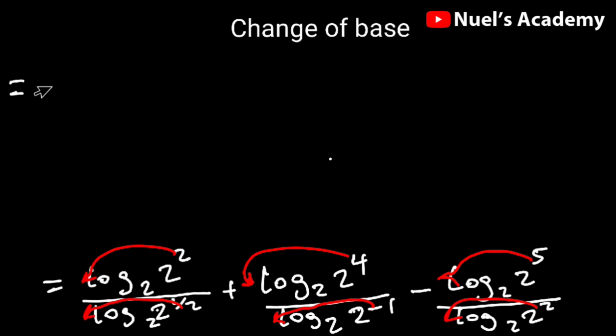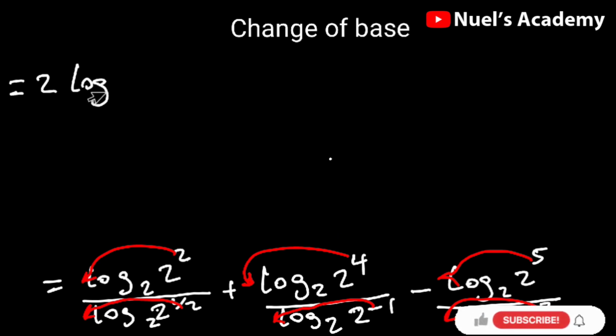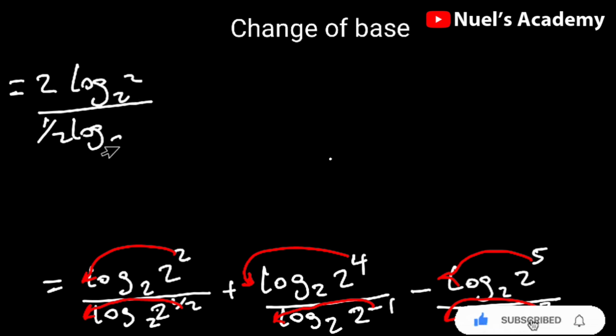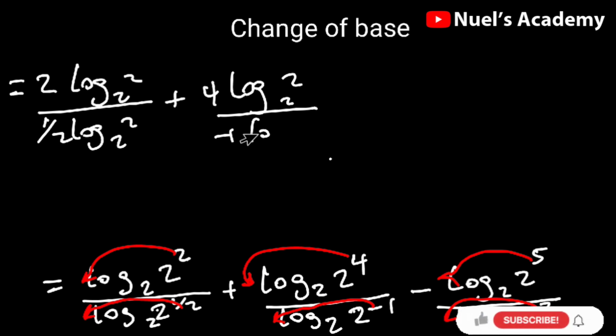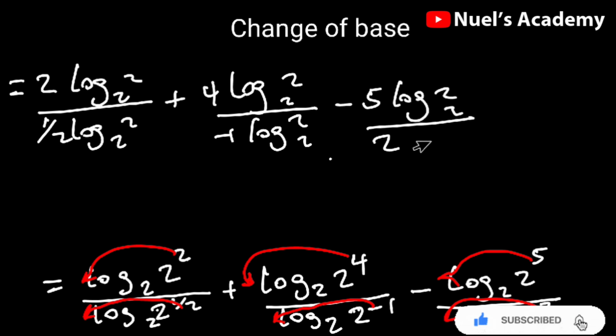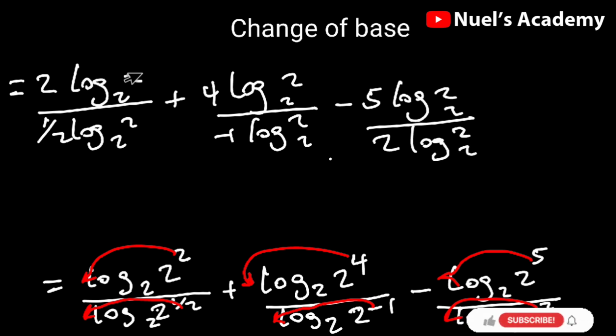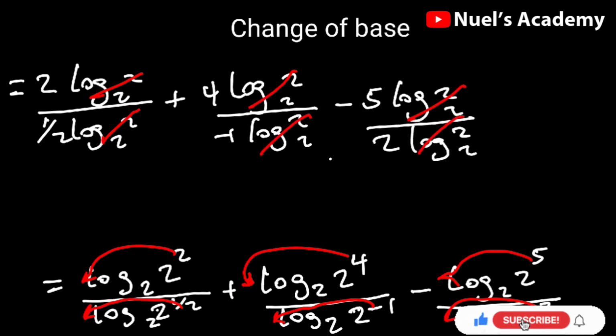So let's take these to the front of this logarithm so that we have 2 log 2 over half log 2, then plus we have 4 log 2 base 2 over negative 1 log 2 base 2, then minus we have 5 log 2 base 2 over 2 log 2 base 2, so that this log 2 base 2 will cancel log 2 base 2, log 2 base 2 will cancel log 2 base 2, and this will cancel, and then we now have 2 over half